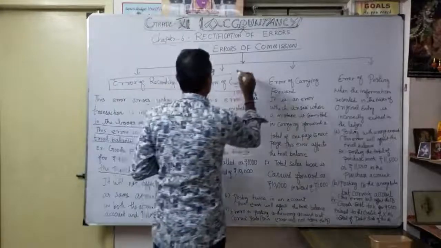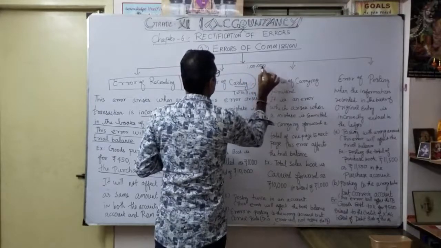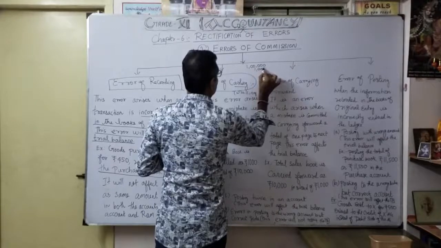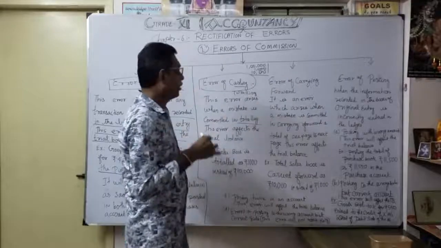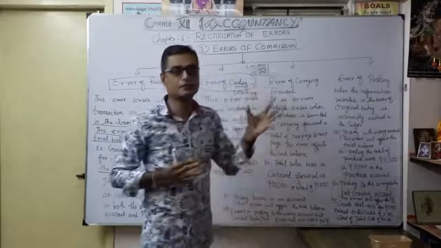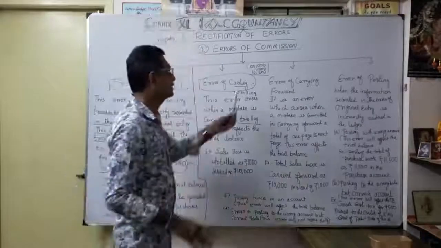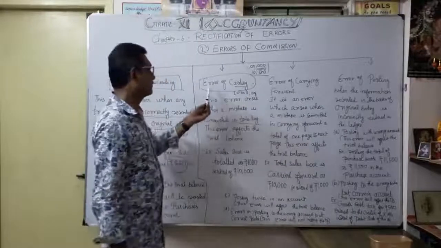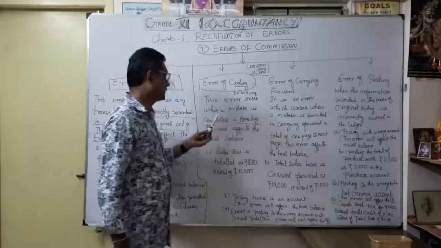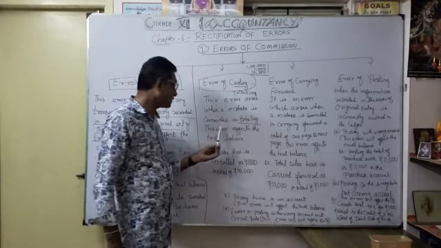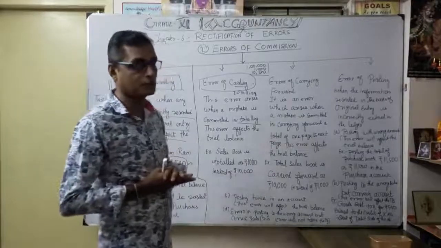How will the mistake come? That's the example I will say now. You have to write, for example, 1 lakh. Suddenly 1,000. Suddenly 10,000. Likewise, you want to record, but you wrongly write the decimal place of the amount. What will happen? Definitely a totaling mistake will come. That's why you should be very careful to record the amount. That's what error of casting is, an error of commission. This error arises when a mistake is committed in totaling. So naturally the mistake comes from the totaling mistake.